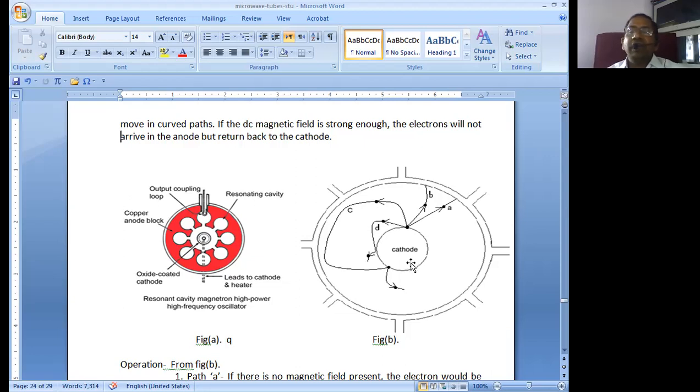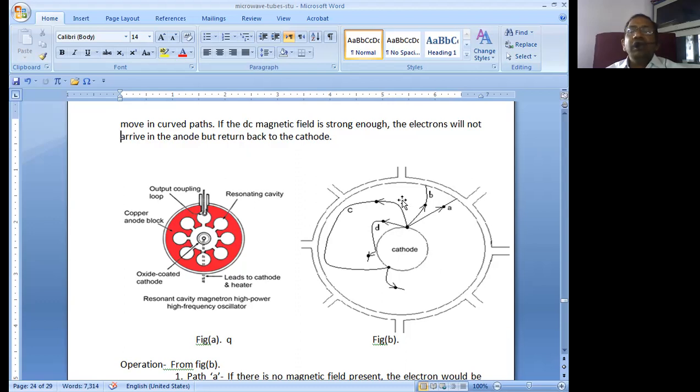So this is the electron path when we apply slightly more magnetic field, where B is greater than 0, that is a magnetic field. If it is greater than 0 by a little bit, then we are going to have the curvilinear path. Then we increase this to some extent, and the electron beam is going to take this path continuously. The electron beam will be moving, and at some point it will be reaching the cathode.